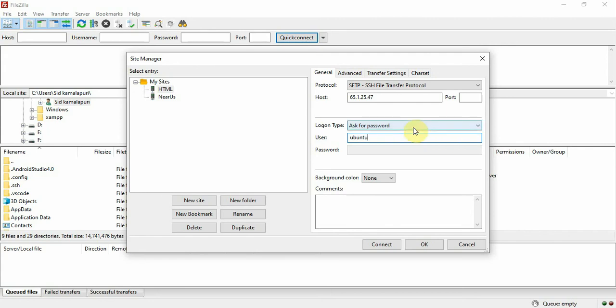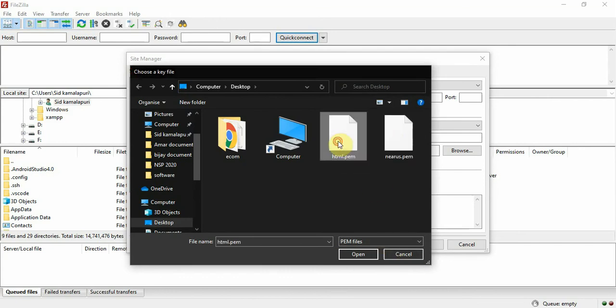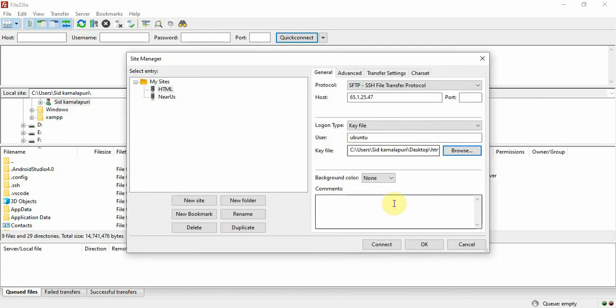Instead of asking for a password, we'll change it to key file, and we'll browse to where our key file is located. It is on the desktop, right? So here is our html.pem file. Okay, all done, right? Now we'll connect.